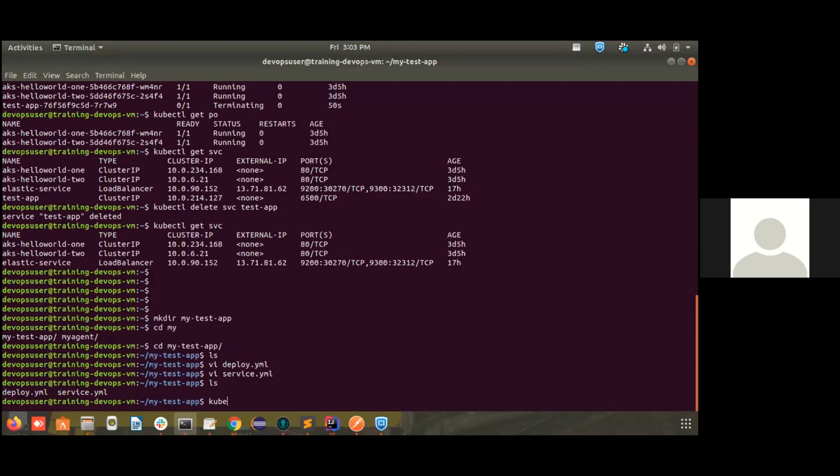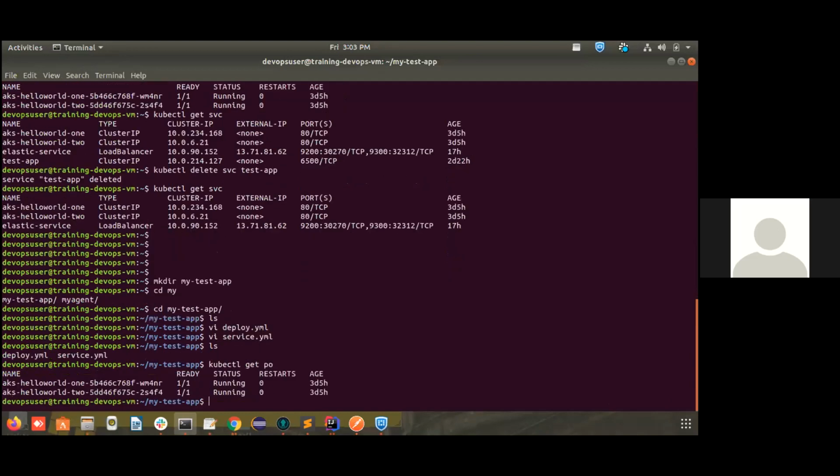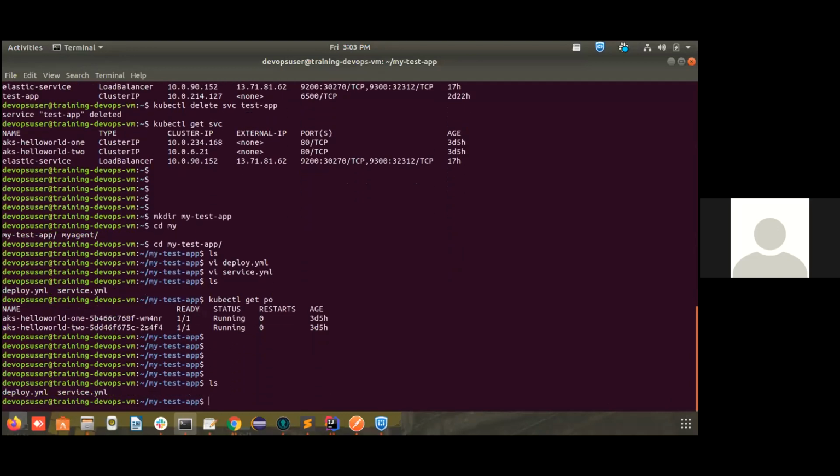So you can see here kubectl get po. And there is no test app given here. So I'm going to deploy my test application and see if it is running. kubectl apply -f. I have to deploy both the files, so I'm not mentioning any file name.